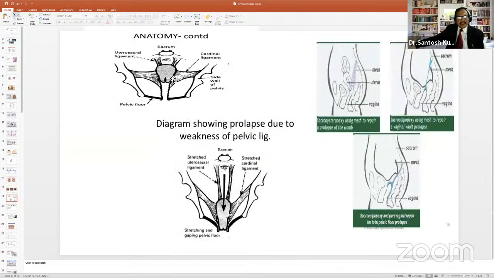Here again you can see the cardinal ligament, the lateral pelvic wall, and the uterosacral ligament. In this picture, you can see the elongation of both ligaments, and weakening of both ligaments leads to uterine prolapse. And side by side in this picture, you can see